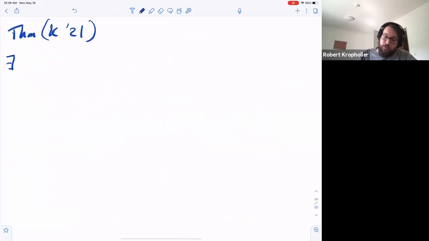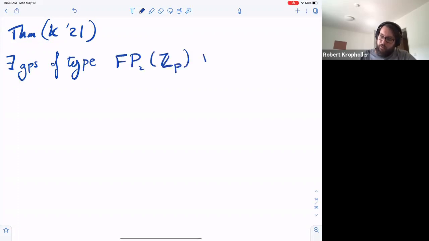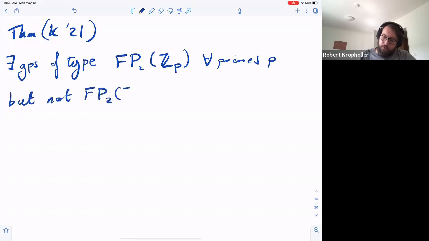So the answer is that there exist groups of type FP2 over Z mod P for all primes P, but not FP2 over Z. So in fact, this sort of fact about Bestvina and Brady groups doesn't propagate into the full scenario of groups of type FP2. And in fact, moreover,